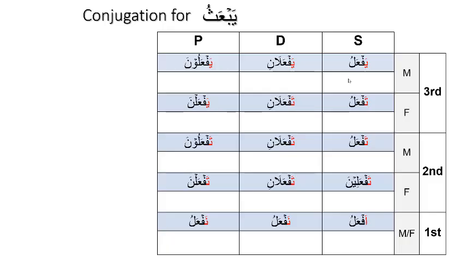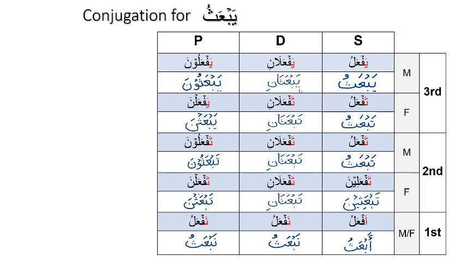And then based on this conjugation that we just learned, you can now do the conjugation for yab'athu. So I'll just say that yab'athu is third person male singular, so that's given. And then for dual, you will say yab'athani. So the fa gets replaced by the ba, the ayn gets replaced by ayn. So it's just a coincidence that this is an ayn and this is an ayn. And then the lam gets replaced with tha. So do this before looking at the solution. Hopefully this is what you get, and study this and identify your mistakes and correct them.